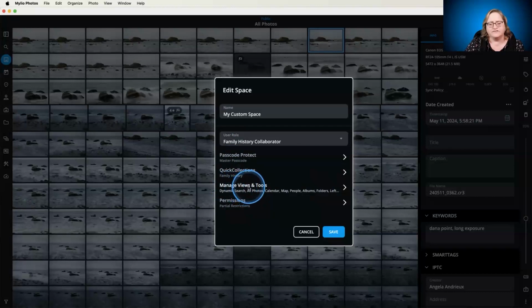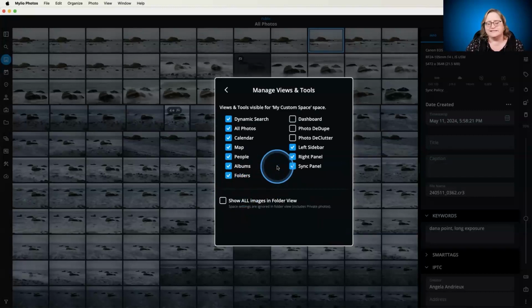So here under Manage Views and Tools, this is going to do very similar things to what workflows are doing. Workflows are meant more for you as you're using the program, jumping between different tasks. Spaces are more for sharing your library with your spouse, your kids, collaborators on different projects, and so forth. These control what you can see in that space, and it's very similar to what's controlled inside of workflows. It's kind of a different door to the same building, but if you do it through spaces, these are passcode